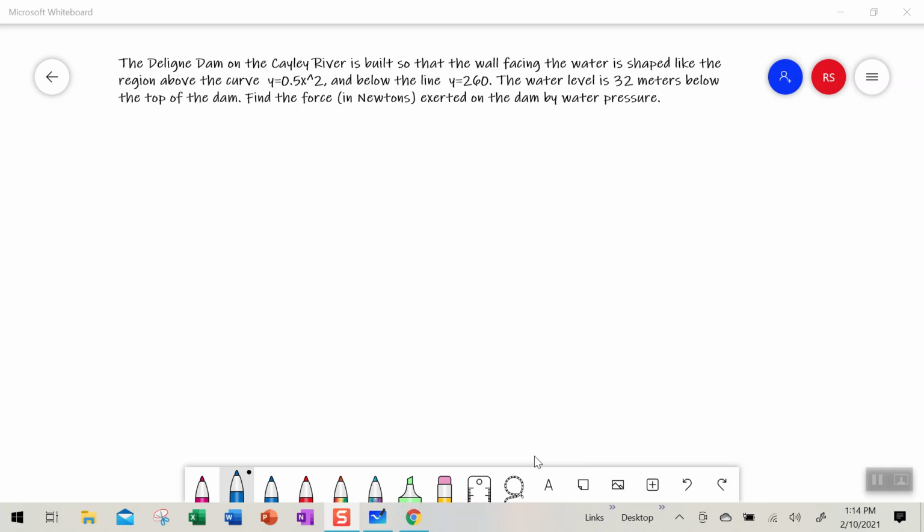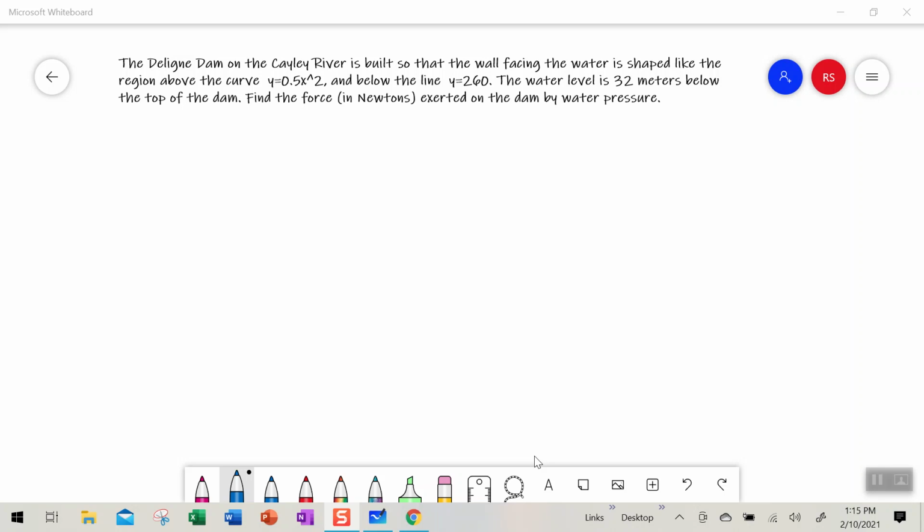Hello there. In this video, I am doing a hydrostatic pressure problem. And this is the dam problem, which I believe is number 10. And there is another one similar to this in the homework. So let's get started. The Deligning Dam on the Cayley River is built so that the wall facing the water